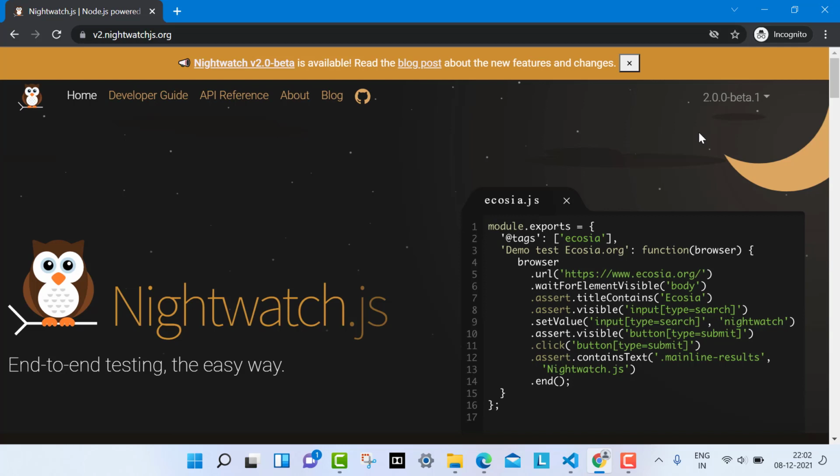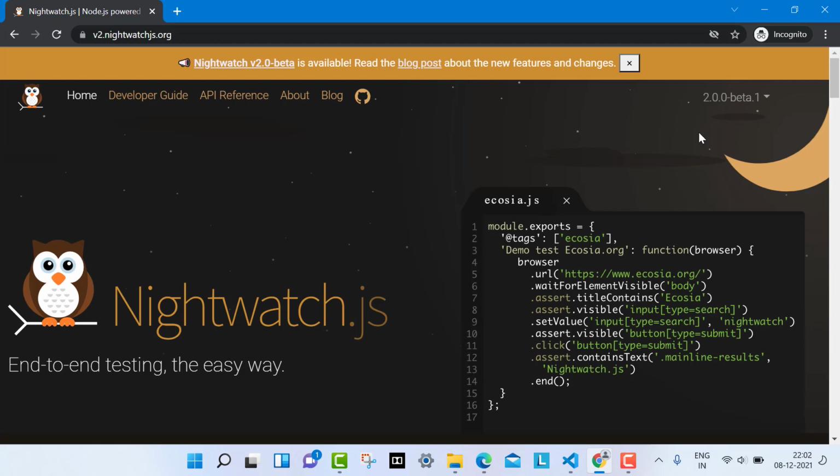Previously, Nightwatch was not having the Cucumber runner. So when we had to use Cucumber with Nightwatch, we had to use an external API.